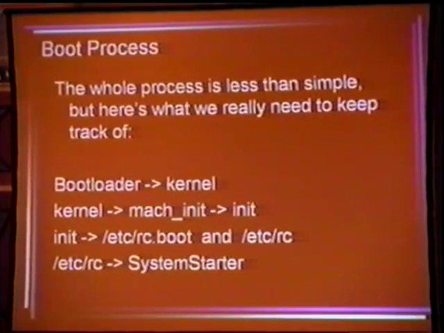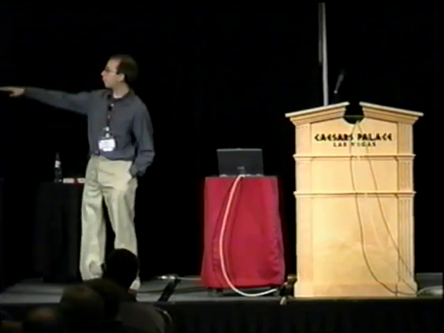For our purposes today, let's assume that there's a bootloader, Open Boot, that loads a kernel. Let's assume the kernel's first process is called mach init, and not worry too much about what mach init does, except that it starts init, which is really what we thought the first thing that would start would be. And init still ends up being process 1.